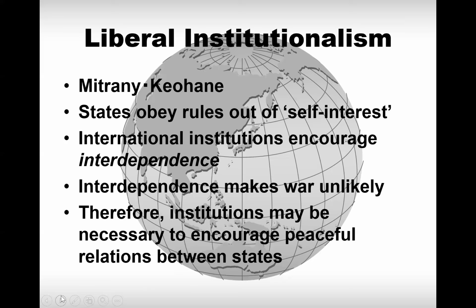Now, this meant that previous antagonists, let's say France and Germany, the two most powerful economies within the European Union, these were two states which had gone to war 3 times from 1870 to 1945 and were on opposite sides of both the First and Second World Wars. Well, over a period of time, beginning with the Treaty of Rome in 1957, these European states, France, Germany, Italy, and the Benelux countries, started trading with one another.